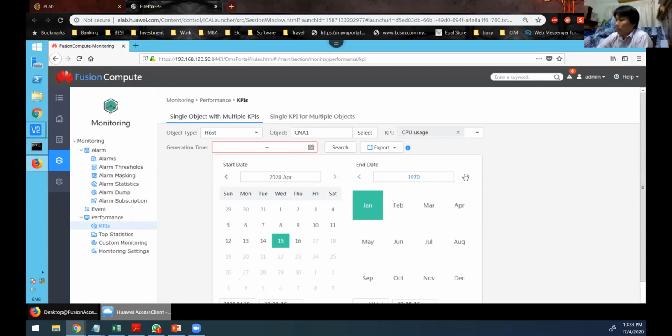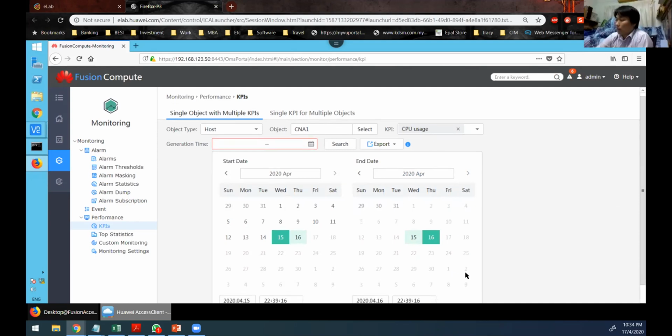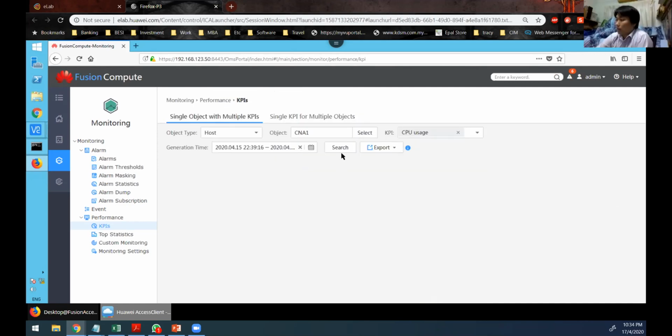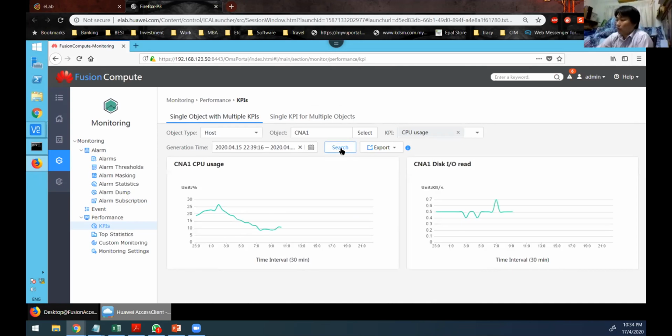Okay, then I will go for the end date. So you need to put in a range of dates. You can check the figure. Okay, April, then 16, for example. Okay, then I will search, and they will give you a usage trend based on one CNA, CPU, and also